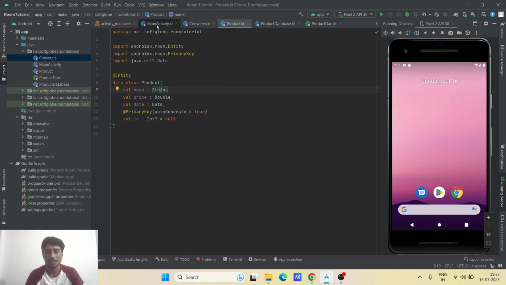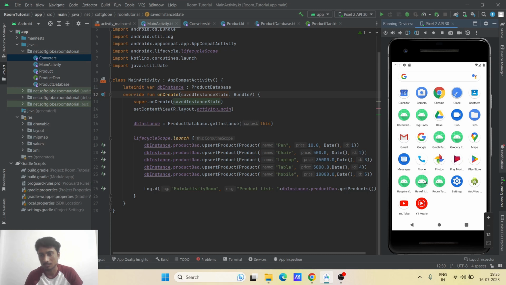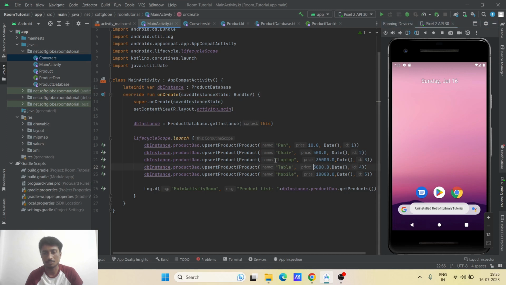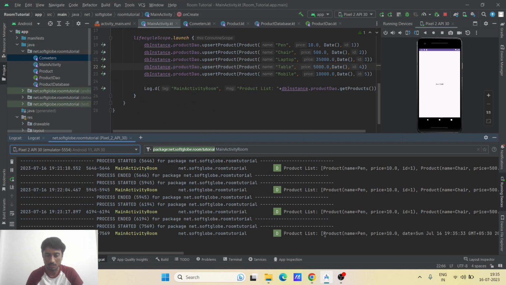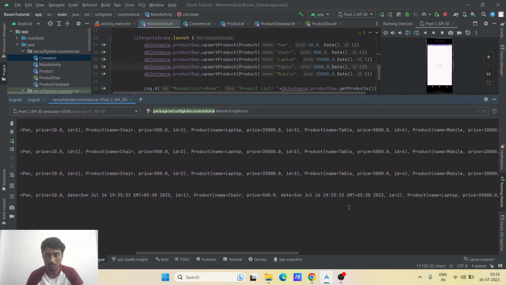So let's try running our application and see if the same thing is happening here. Let me uninstall the application first, and let's see if the thing is working as per our expectation. So I'll click on run, and yes, the records are inserted. Let's check the logcat. Okay, this is the latest log statement here. So yes, we are able to see